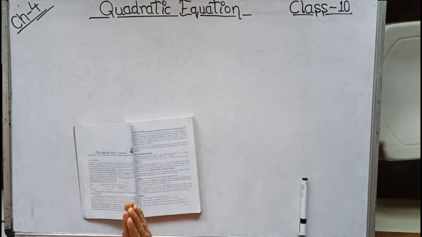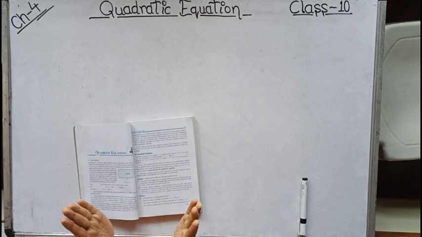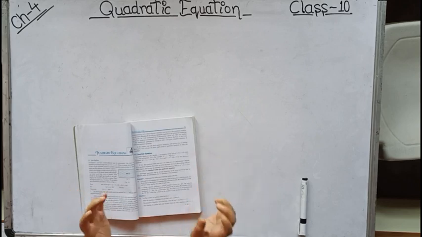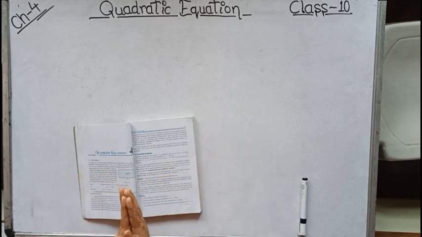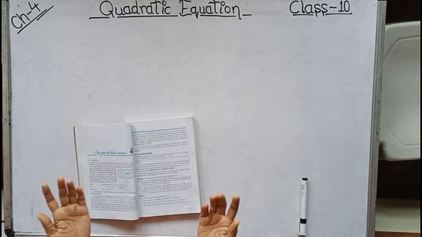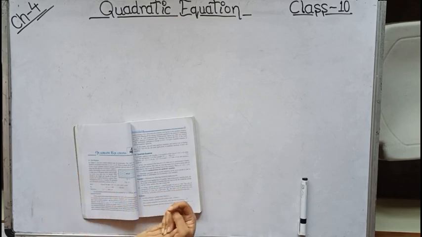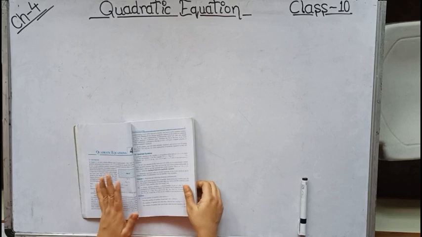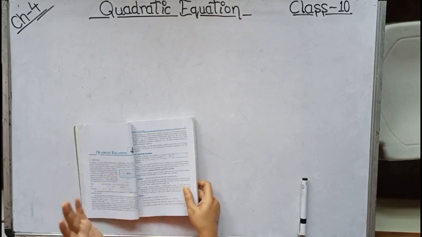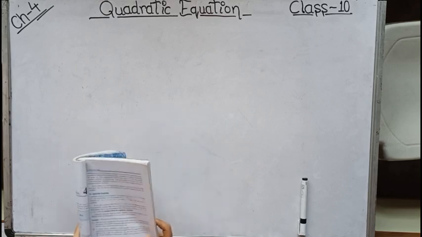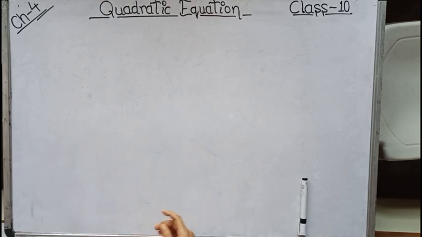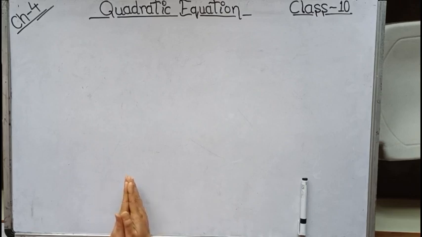Whichever sums you find in the form of word problems, you can leave this time, but for competitive examinations obviously we will have to practice. But for the standard 10 syllabus, equations reducible to quadratic equation, that topic is deleted. Now let us start the quadratic equation. All the rest of the portions are included in quadratic equation. So let us start the topic quadratic equation.